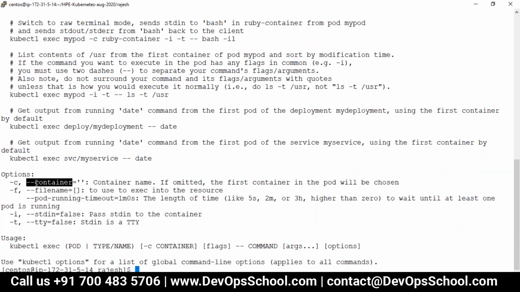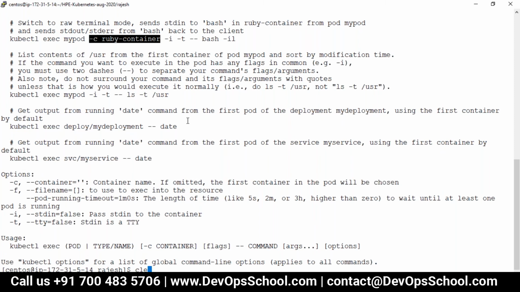See here it says -c, container name; if omitted, the first container in the pod will be chosen. That's the main container. But if you want to go to the sidecar container, you have to use -c, such as, let's say, kubectl exec, this pod, but which container do they want to run in, the second sidecar container, with bin bash, whatever it is. Okay, so -c, simple, just the answer to your question: same command with -c and container name.